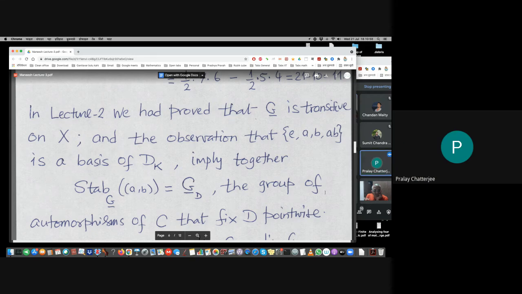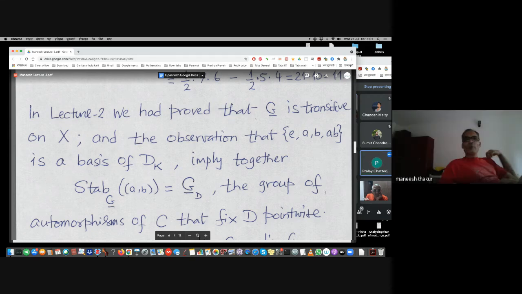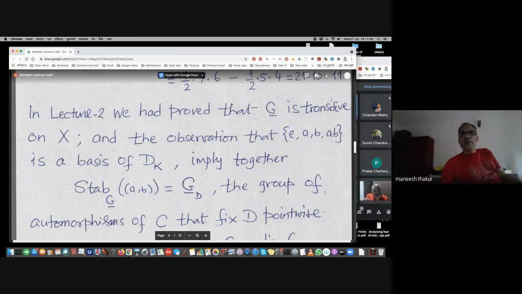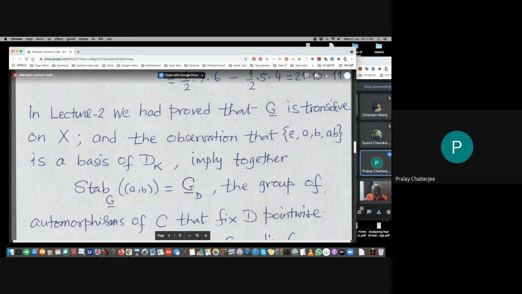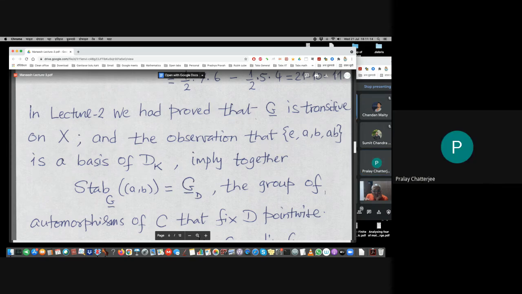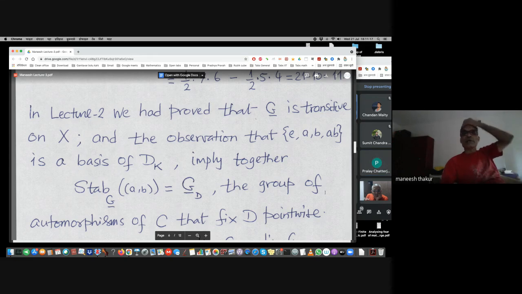Are you quoting a theorem which you have proved before? On transitivity of this action of this group on X, this variety X? So the action of G bar you mean, or of H bar? I'll tell you why. I am talking about K bar points first of all. So why is this transitive? Because suppose I take one special pair A comma B and A prime comma B prime. So we want to find an automorphism mapping one to the other.